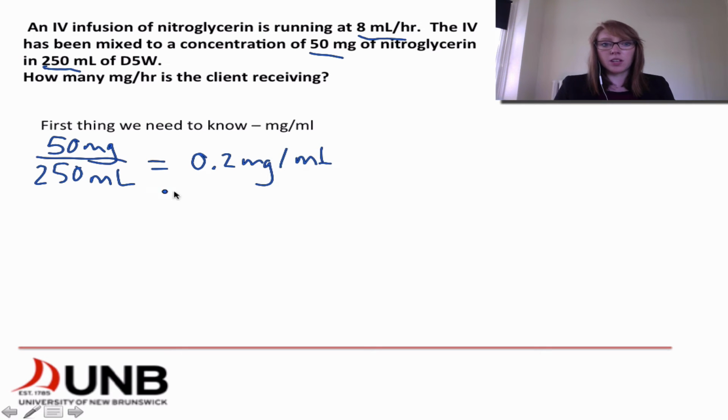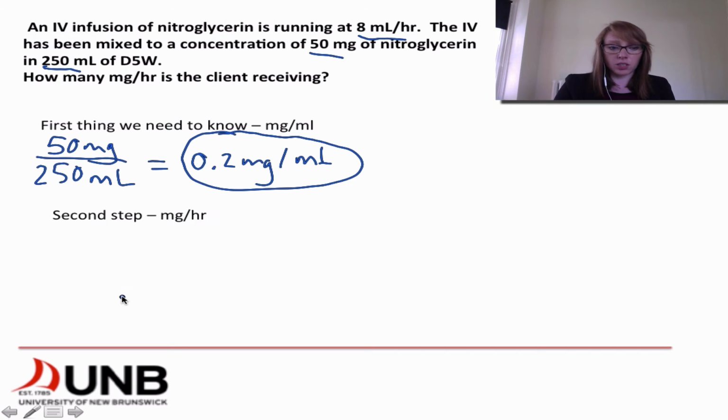So now that we have this, this is what's going to allow us to calculate how much is going to be given per hour. Like I said, they're getting 8 mils per hour, so we need to find out how many milligrams are within 8 mils, and we needed to know it singularly, so how many milligrams within 1 mil to start that off. So let's find that. So if we have 0.2 milligrams in 1 mil,